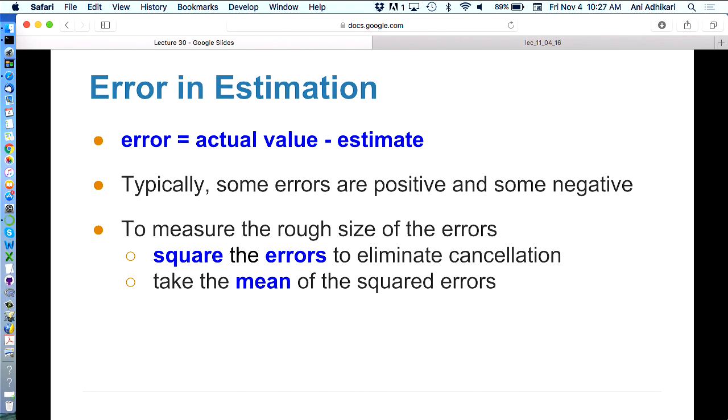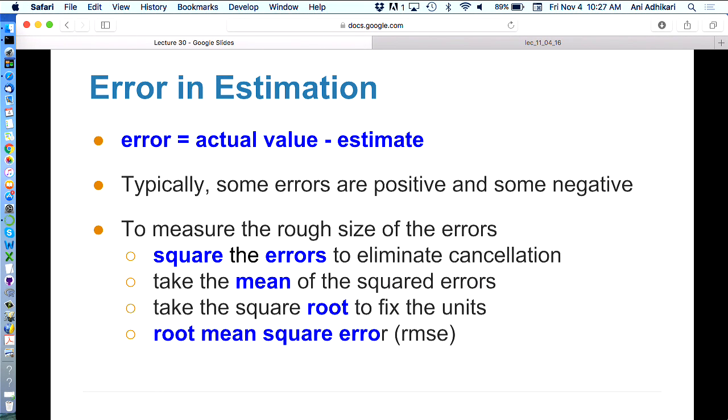And now the mean of the squared errors gives us some sense of the variability, but what's wrong with it? Units are all messed up. And so we then finally take the square root to fix the units, and we have the root mean square error, abbreviated to RMSE. Okay? And you read the abbreviation backwards, and you've got the method for what's being calculated there. So we did that for a list of numbers, deviations from average. We're now going to do it for deviations from the line.